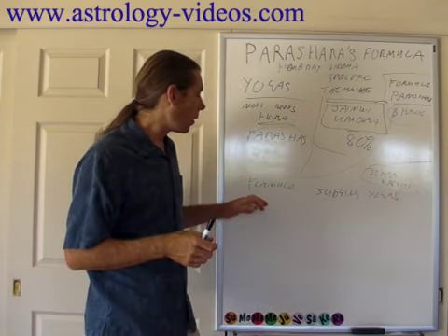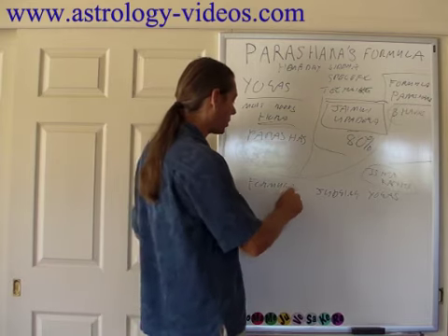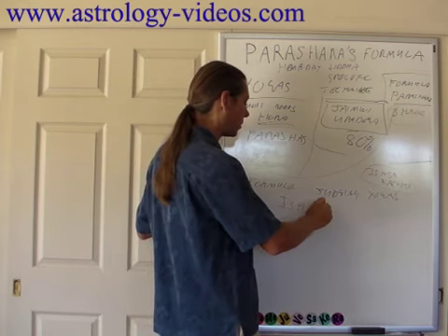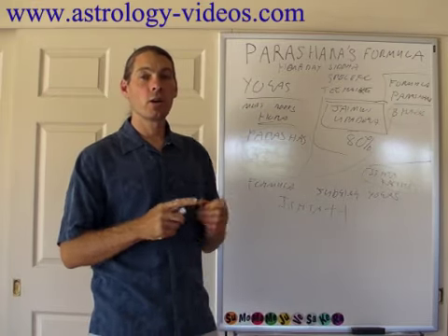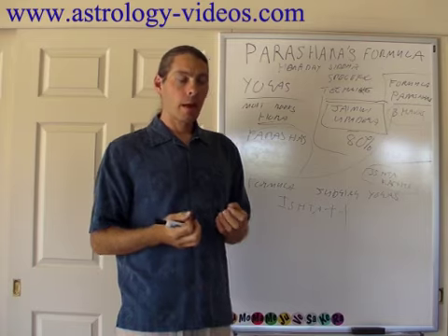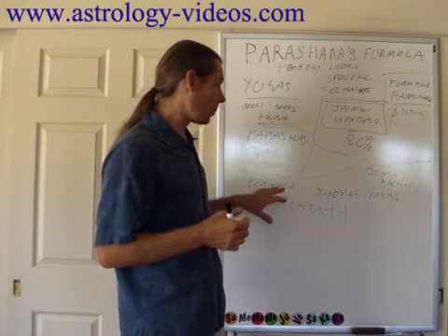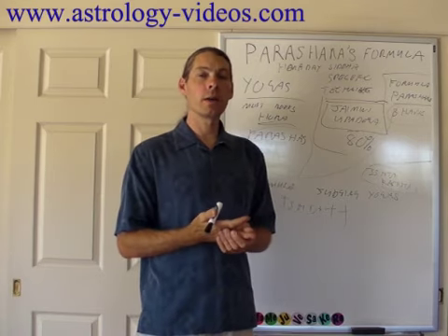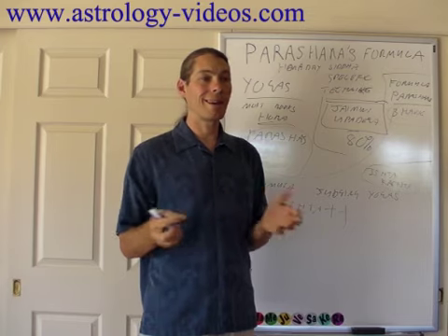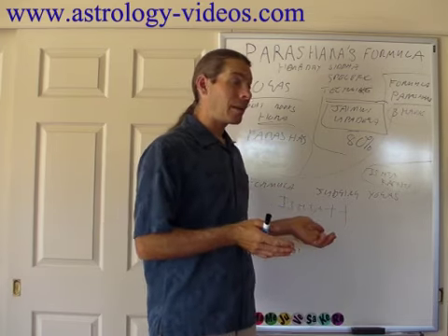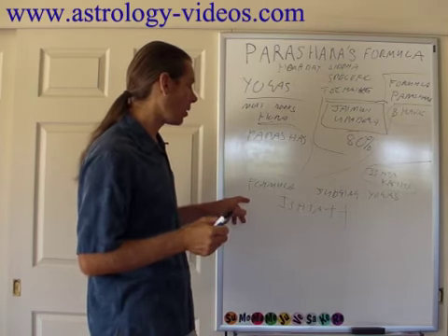Okay? Well, in this course, we're going to have a formula for judging yogas. We're going to use Ishta and Kashta plus the rest of the things we need to judge yogas more perfectly. So you can consider this first part, the formula for judging yogas, to be an improvement upon the judging grahas as karakas course that I taught back in 2005, I think, 7 or 8 years ago, a long, long time ago.